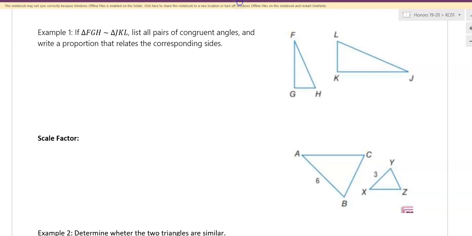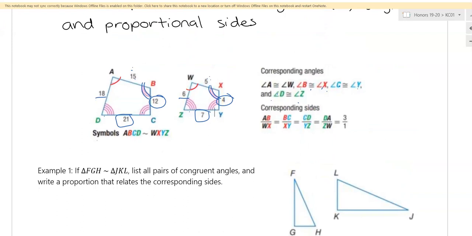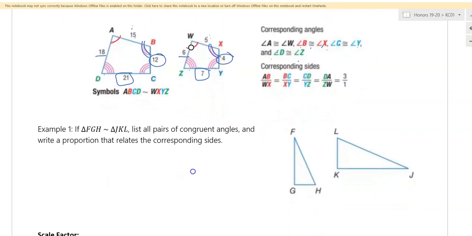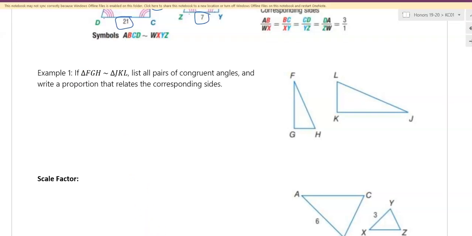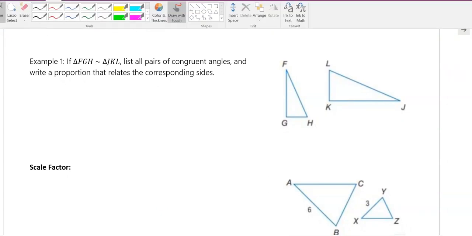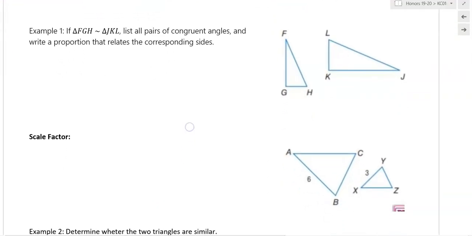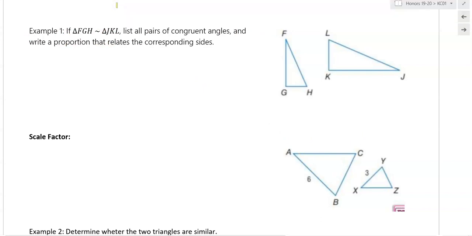So, if you notice, in the example we looked at up here, these shapes were in the same, what we call orientation. A and W, they're both in the upper left corner, and those are the congruent angles. That's not always going to be true. Like in this example, these triangles are not in the same orientation. So we need to be very careful about how we choose our angles. Sometimes it's easier than other times. Like these triangles are somewhat easy to see which ones go together. But the biggest thing we can do is look at